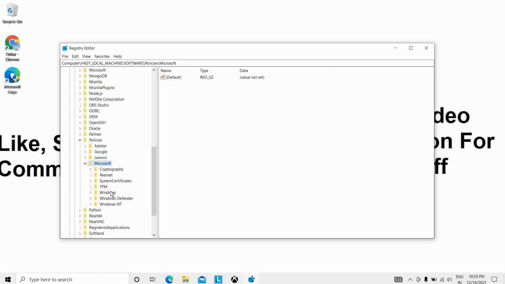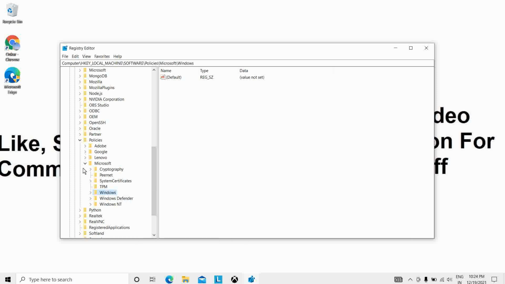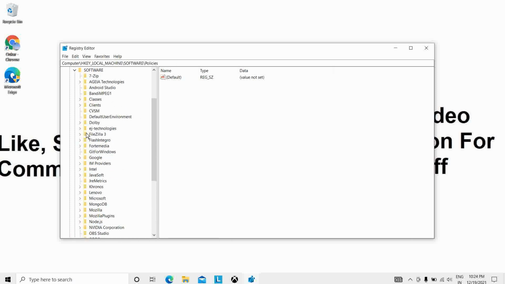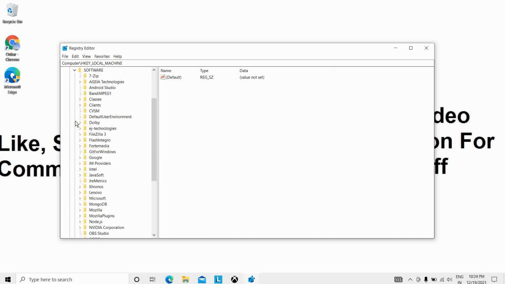Then you have to find the Windows, right click on Windows, New Key. I will tell you again how to get here, because if you go wrong then you will not find it. First open HKEY_LOCAL_MACHINE, then open Software.